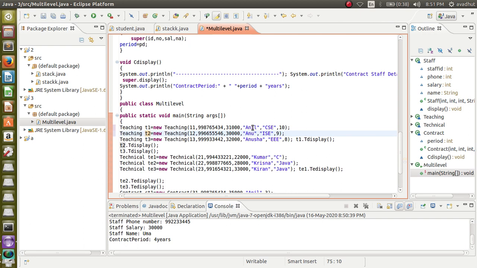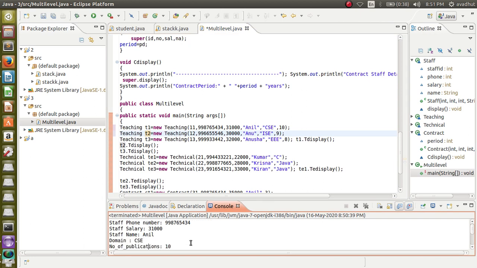There we have given the names as Anil, Anu and Anusha. Its phone number, ID, everything is given here. So that is displayed first. First displayed we are having Anil. Then next we are having Anu. Then we are having Anusha.